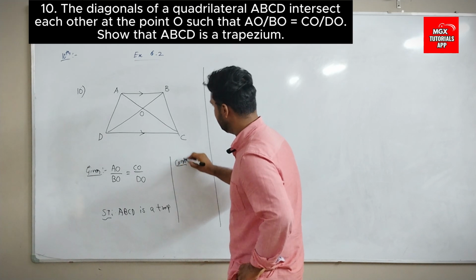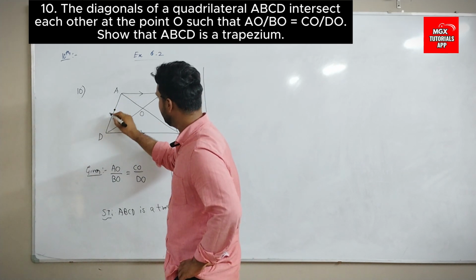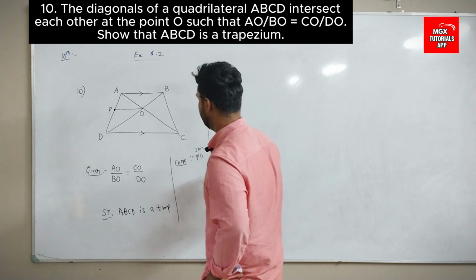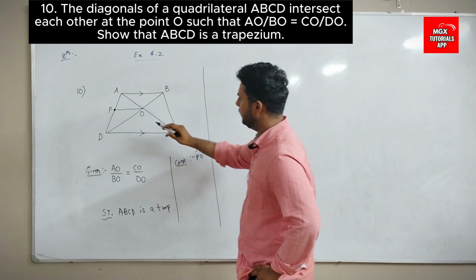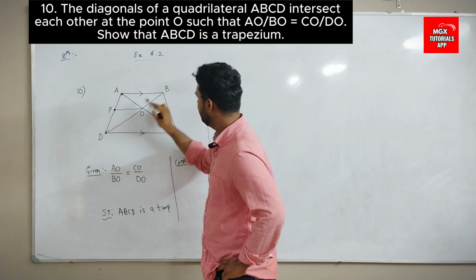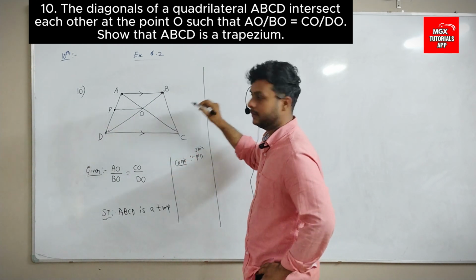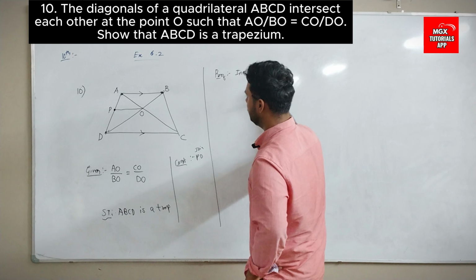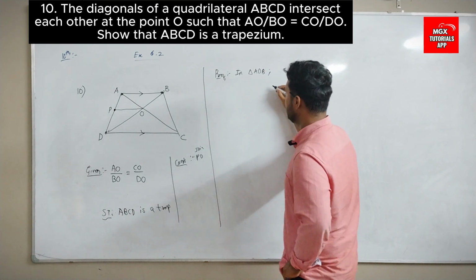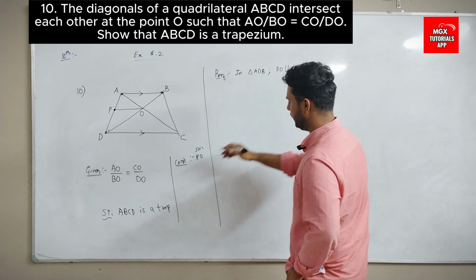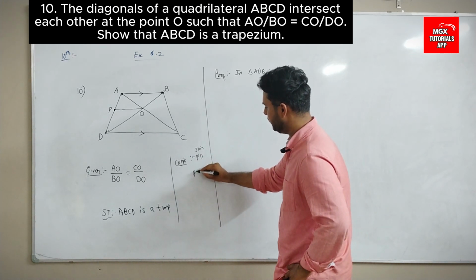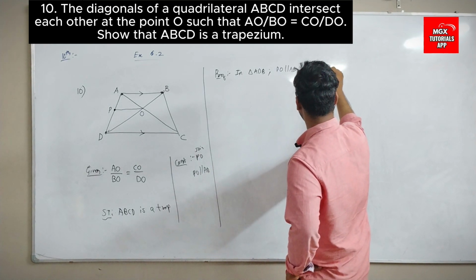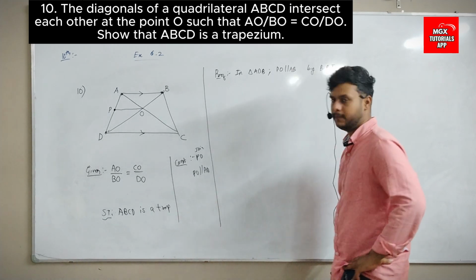One construction I will do. From the midpoint of AD, midpoint P, I will take PO. Join PO. This is one construction. Now what will I do? In triangle ADB, proof: PO is parallel to AB. This is our type of concept model. PO is parallel to AB, means by BPT,